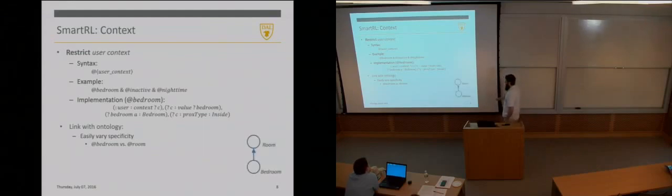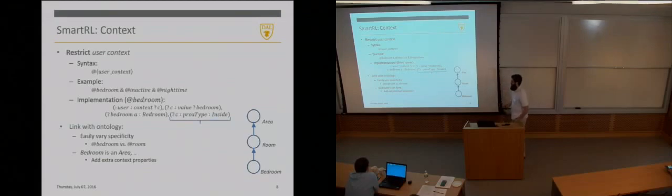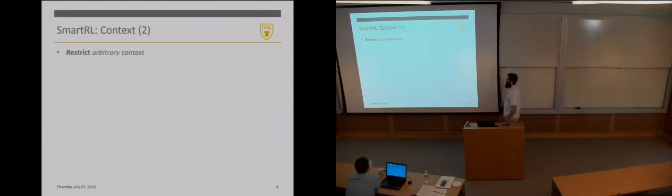So this is then the relevant part of the ontology here. Then our parser also sees, well, bedroom is an area, so an area context. So it adds an extra context property to our expanded expression, saying that currently we're assuming it should be inside a bedroom, not near a bedroom. We couldn't really find any scenarios where near a bedroom would be useful. If we do, we would likely need to expand this syntax.